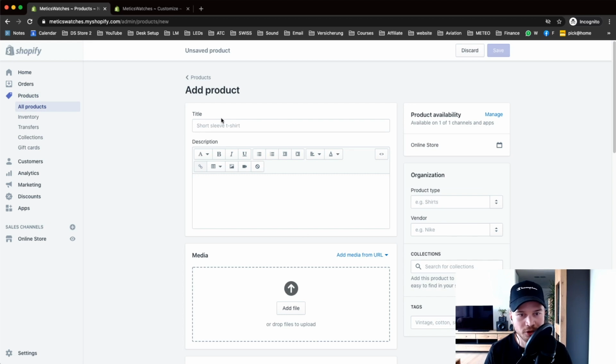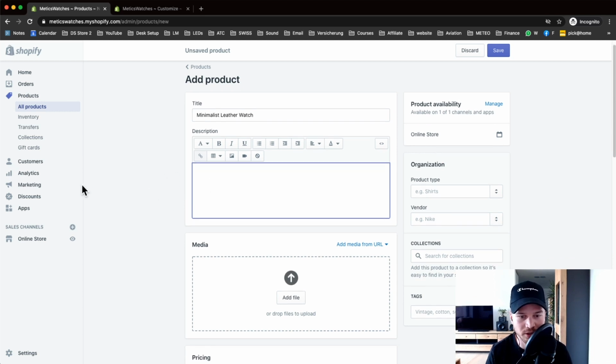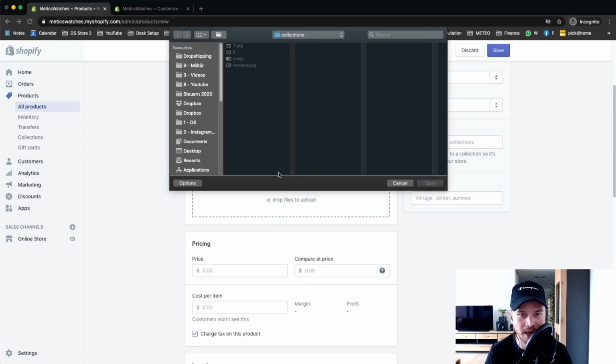So the first product that we're going to add is just like a watch for men. So let's say this is called the minimalist leather watch. Again, you want to put a description with relevant keywords for this specific product so that when people type in or search for a watch on Google, you have a higher chance of actually being discovered for those keywords. So type in your description right here, and then I'm going to add a couple of images